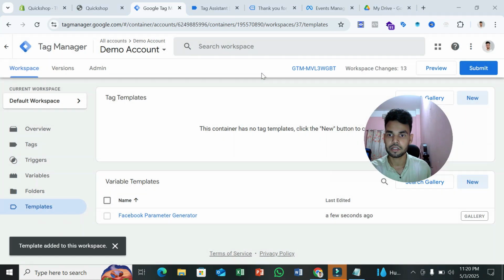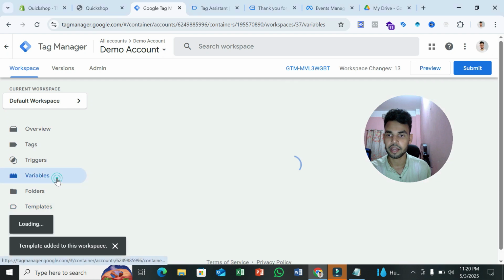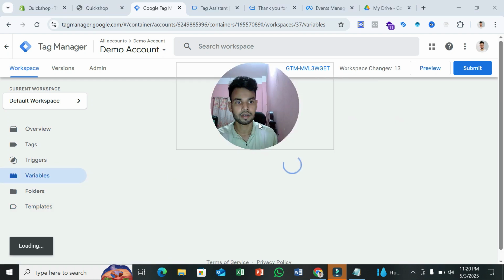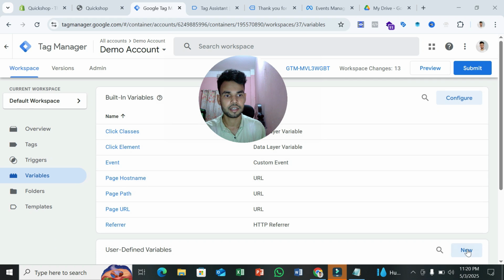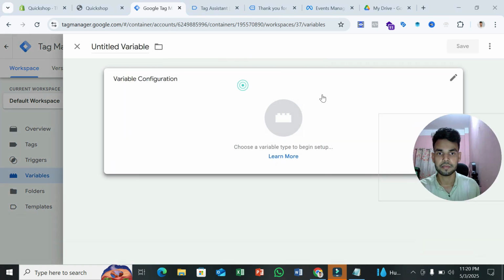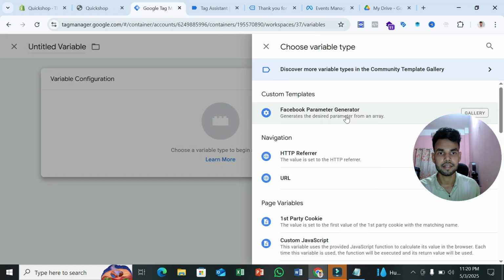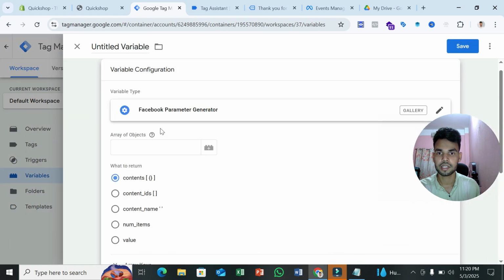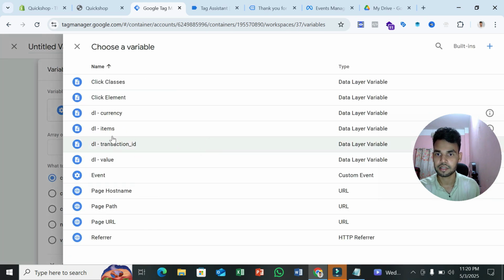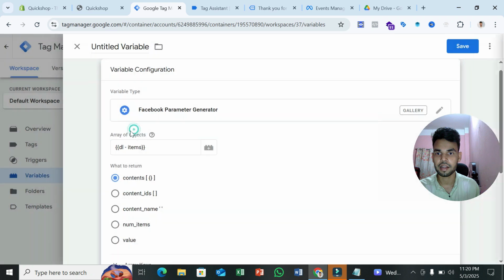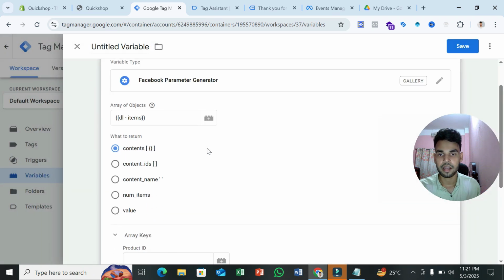Okay, it's almost done. Now again go variable section and click new variable configuration, then select Facebook parameter generator, and here you can see array of object field. Here you have to select your DL items. Okay, so I like to add here DL items, I mean our items variables,